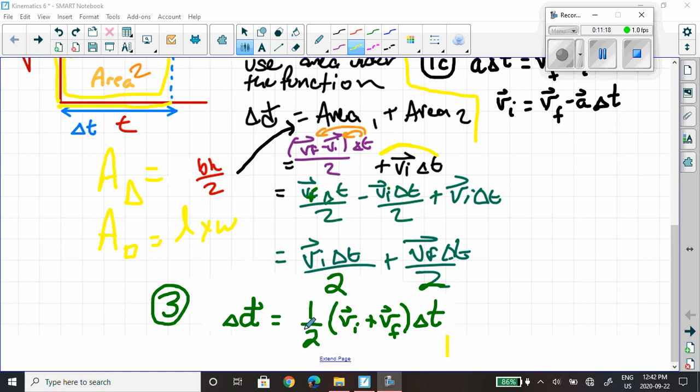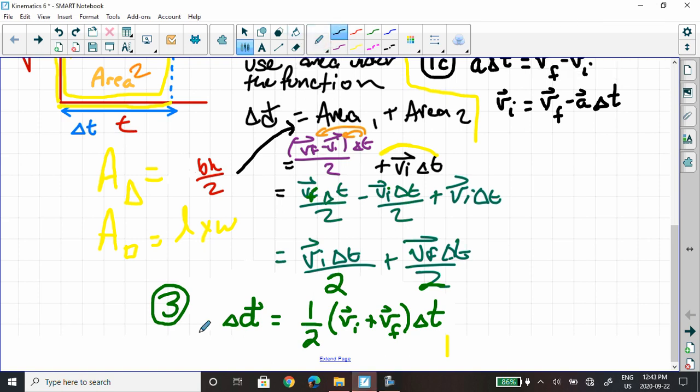Oops, that's an error right there. Let me fix that. Not the third equation. This is the second equation for non-uniform motion. So here is now another equation, a second one for non-uniform motion, and it is delta d